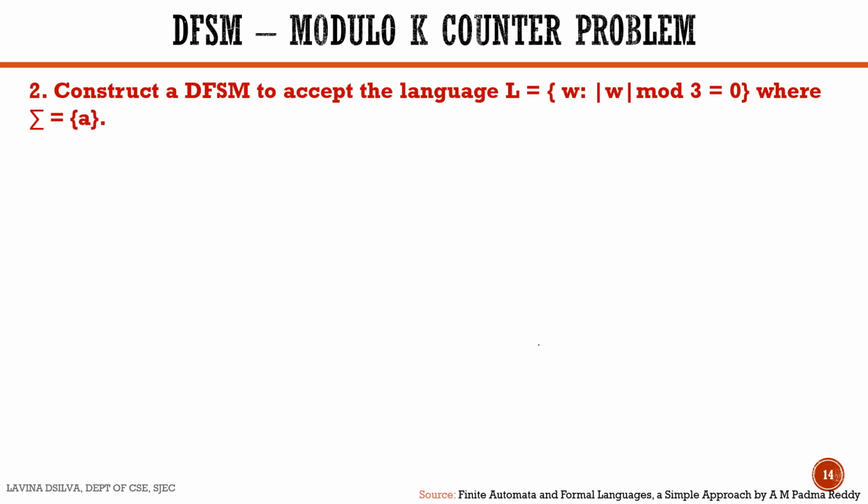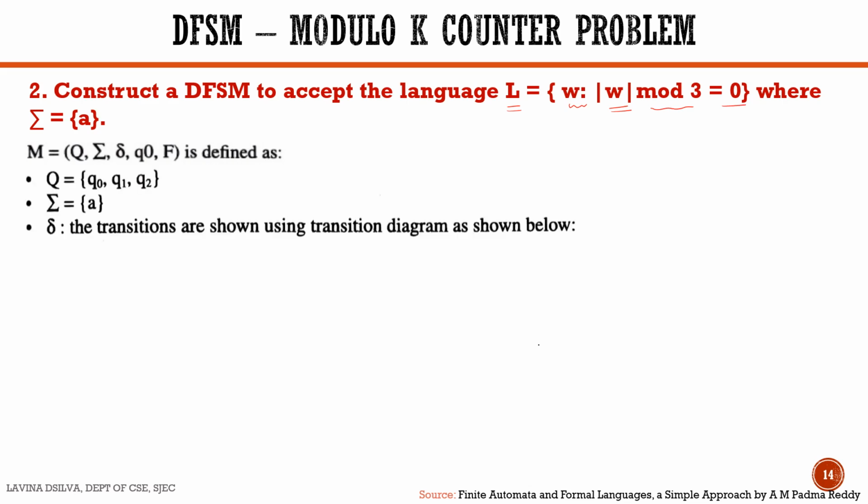So the DFSM for accepting a language L which consists of string W such that the length of W mod 3 is equal to 0 is given by M equal to (Q, sigma, delta, Q naught, F), where Q stands for all the states of the DFSM, sigma stands for the input alphabet, delta stands for all the transitions. We use the state transition diagram in order to identify all transitions. Therefore,